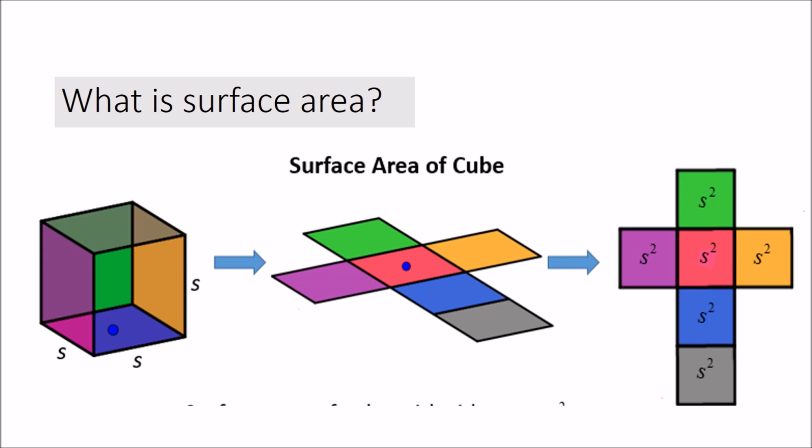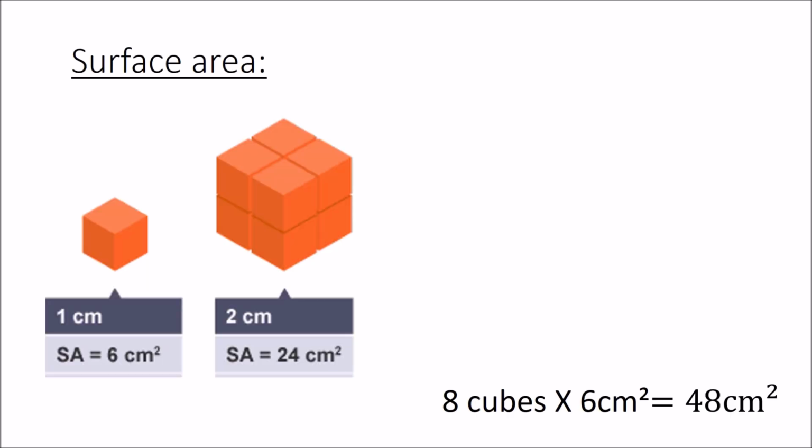Why is that important? Well, I'm going to put that idea into context. I'm going to be using cubes in this idea, so please bear with me. Hopefully you realise that if I have a 1 centimetre by 1 centimetre by 1 centimetre cube, the small one on the left, the total surface area of that cube is 6 centimetres squared. Now, if I got 8 of those cubes and put them all together to make one bigger cube